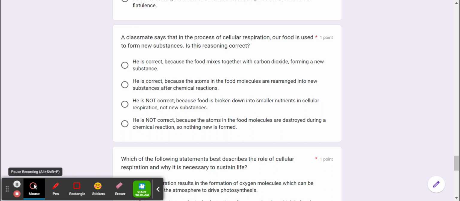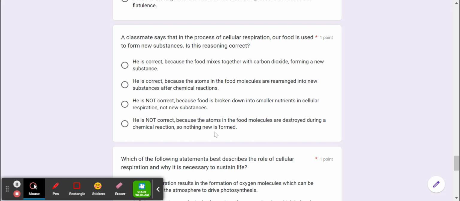A classmate says that in the process of cellular respiration, our food is used to form new substances. Is this reasoning correct? He is correct because the food mixes together with carbon dioxide, forming a new substance. He is correct because the atoms in the food molecules are rearranged into new substances after chemical reactions. He is not correct because food is broken down into smaller nutrients in cellular respiration, not new substances. He is not correct because the atoms in the food molecules are destroyed during a chemical reaction, so nothing new